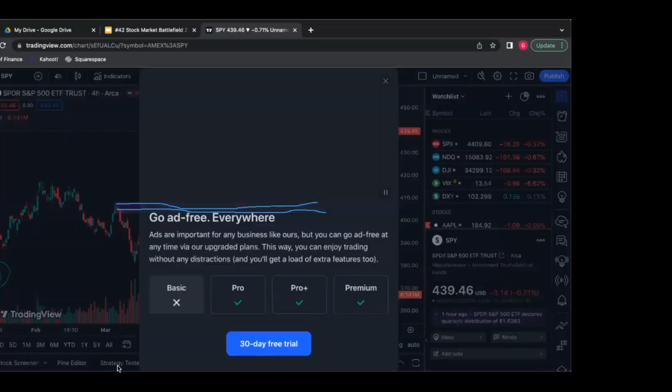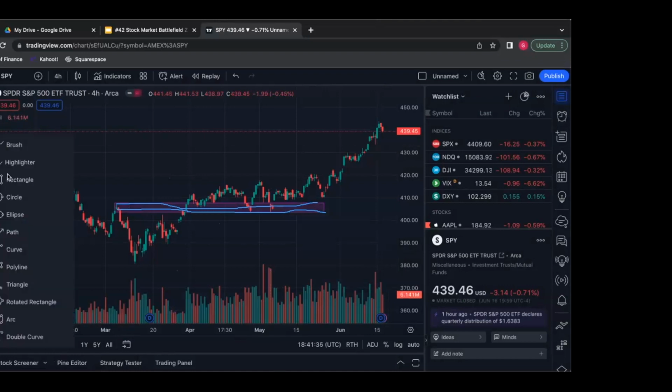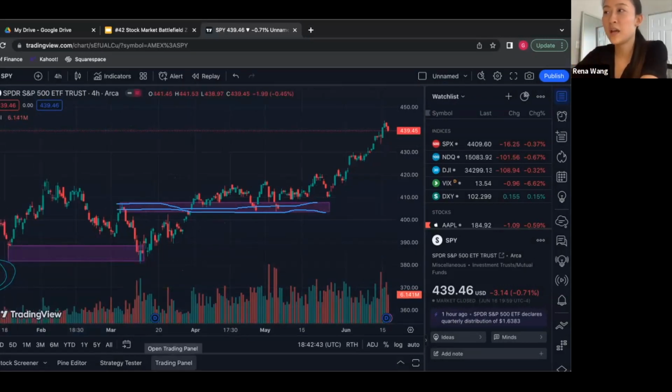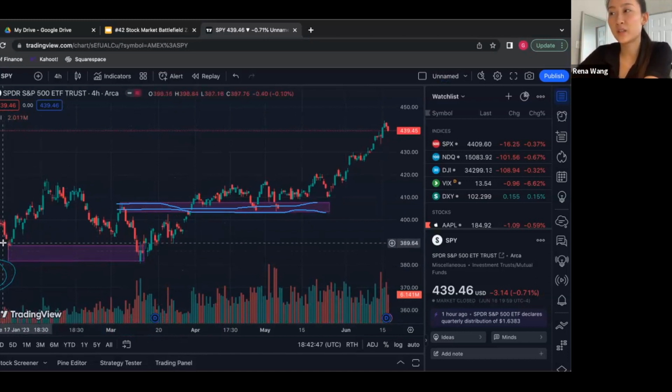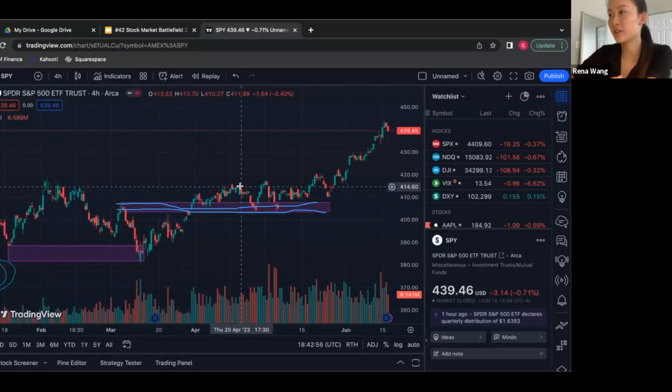I would say I see a demand zone between like the 18th of February to like the 15th of March. So this is a supply zone. Basically what you're saying is when it hits this price point, we see an increase, then there are some fluctuations of going down, and we hit this zone again and then there is an increase. I agree with that. I think this is a good way to draw it. But the thing is,